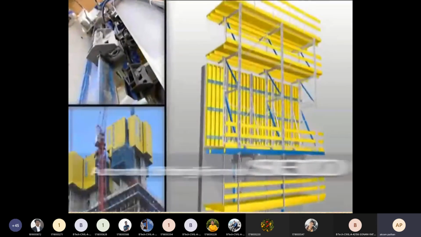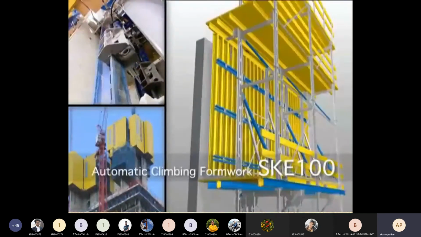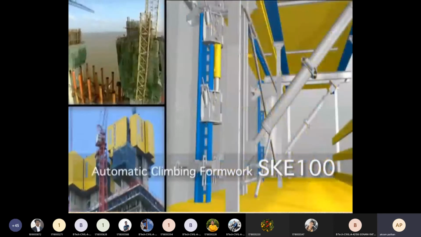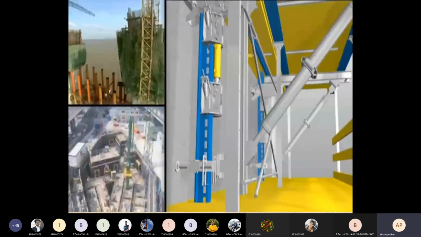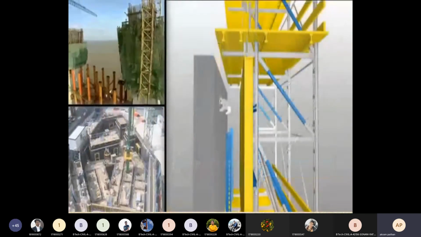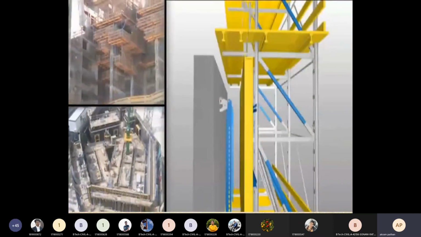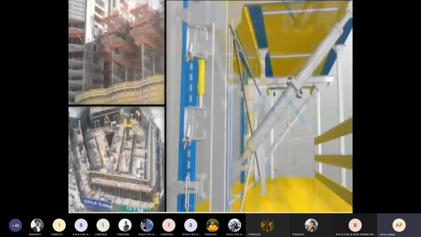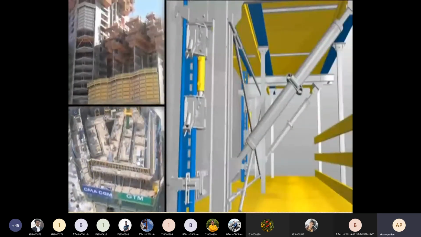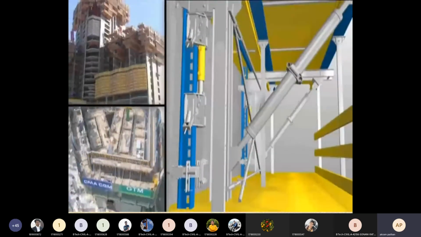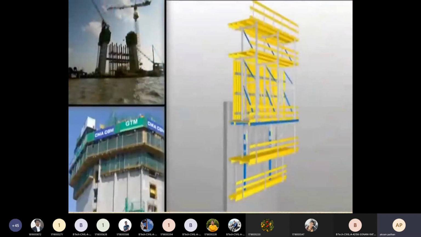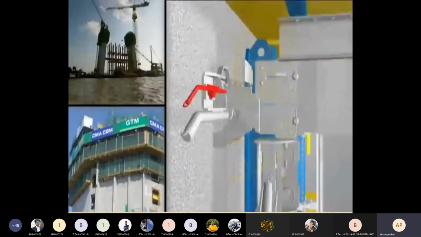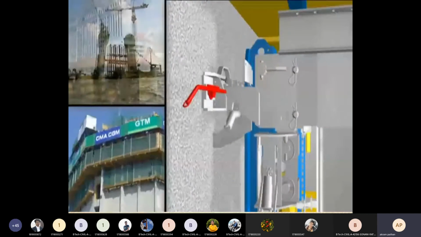For high formwork platforms and heavy loads, Doka automatic climbing formwork SKE 100 is the system of choice. It lets you de-link the forming and rebar operations, as the large number of work levels allow reinforcement placement to proceed ahead of the other operations. What this means for you is even faster cycle times, and of course greater flexibility and efficiency.